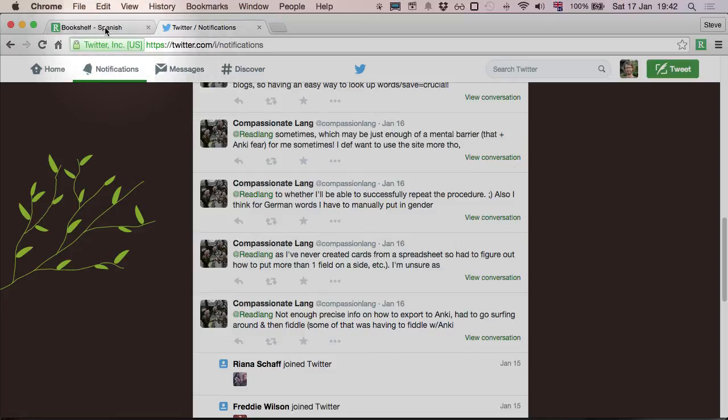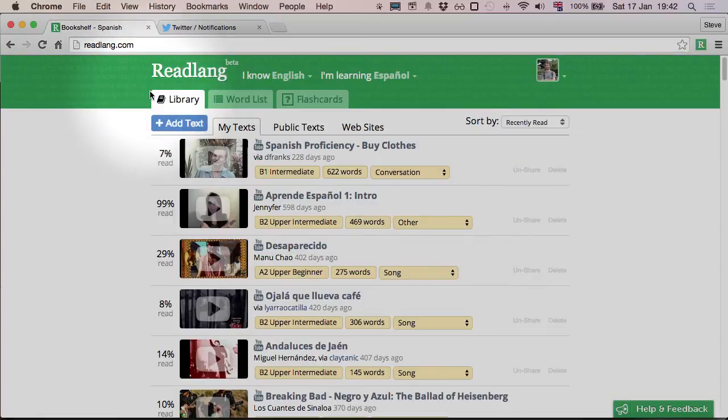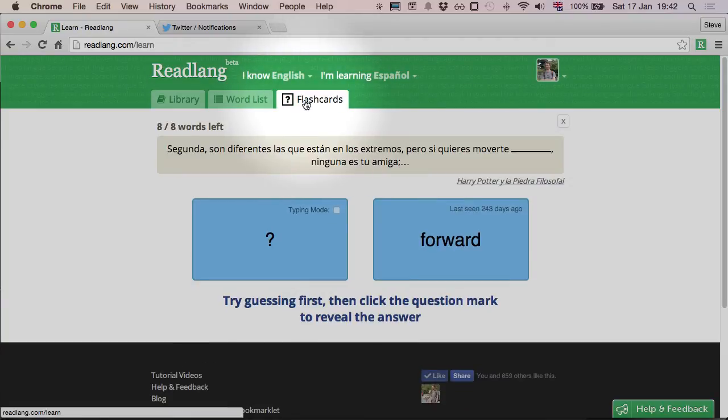Well, luckily you don't have to bother with spreadsheets at all, because the file exported from Readlang will be directly importable by Anki. Before I go into the details, I just want to mention quickly that you can use flashcards directly on Readlang itself. The way it works is it will present you with the sentence that you encountered the word in, with a blank gap where the word you're learning is, and you will have to guess what it is given the English. So I should try to guess here what this Spanish word is,